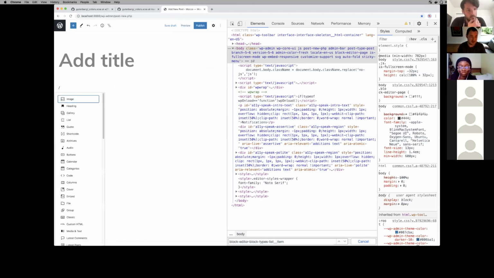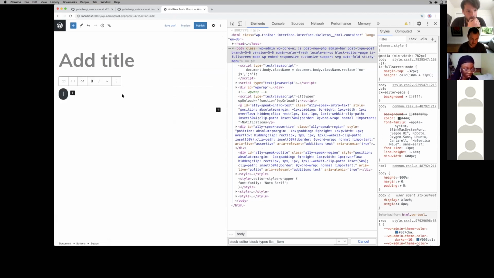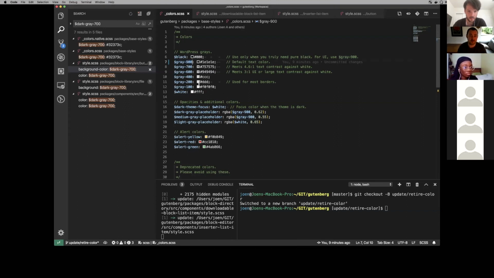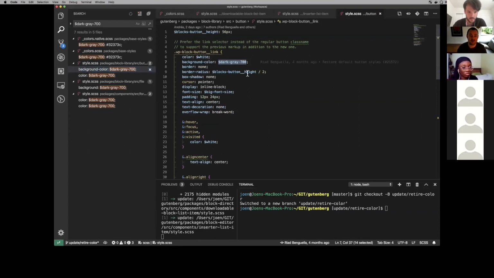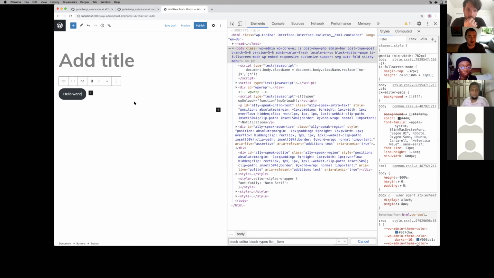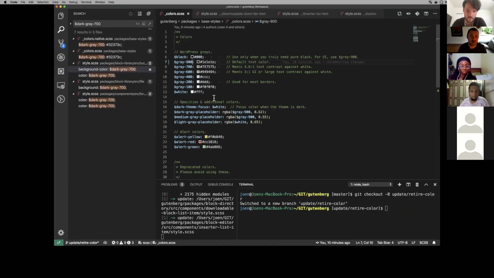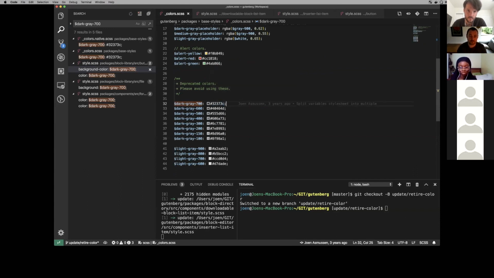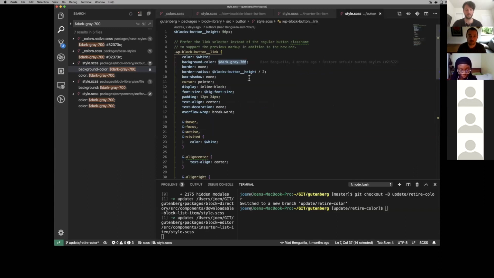So let's see what happens if we insert button block. Hello world. So that dark gray there is actually used. That's the dark gray 700 here. And we probably shouldn't change that one to one of the new grays in this pull request. That should probably be a separate pull request that redesigns that button, because that's the default button in the vanilla styles here. So I'm actually just gonna take the value of this one and bake it in like so, because